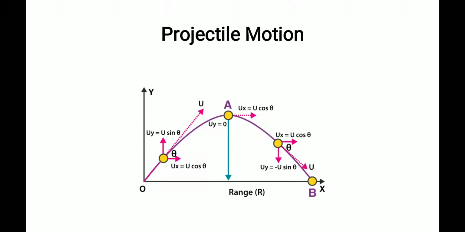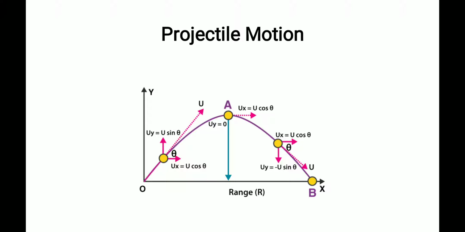So see this projectile motion. An object is thrown from the point O. It is given an initial velocity which is u, in this direction. So the object will move and describe this path and finally hit the ground. When I am drawing the curve on the x-axis and y-axis, it attains a maximum height and then comes down.